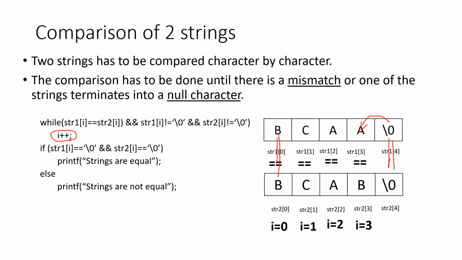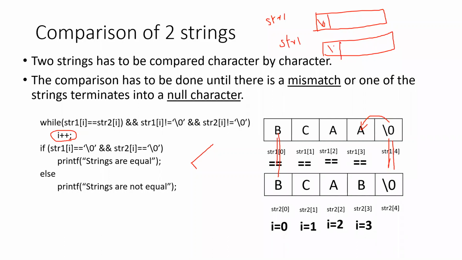If the first character is equal to the second character in two strings, where is this condition arising? I'll just tell you. Suppose you have two strings in two character arrays, which I will name str1 and str2. And suppose somebody had unknowingly entered a null character in the first, and also a null character in the second.